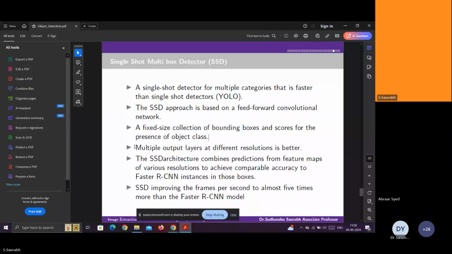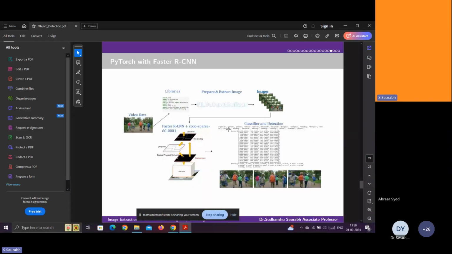and multiple output layers. See, why multiple? Because see the numerical value. This numerical value is generated by one layer. Another layer will take care to generate the bounding box.